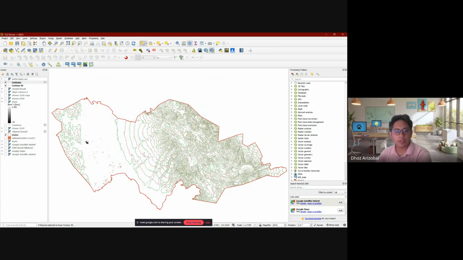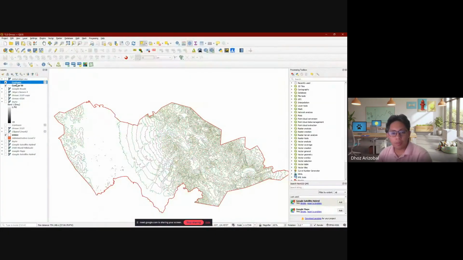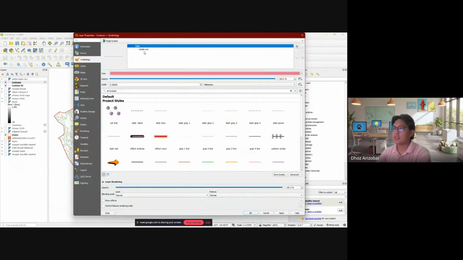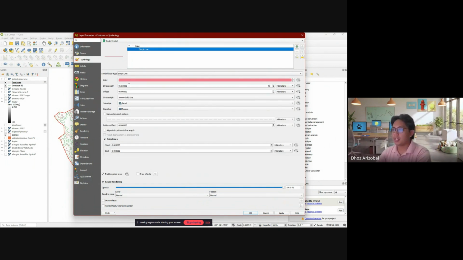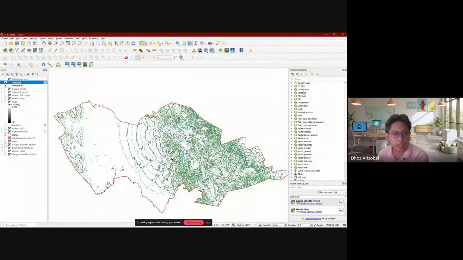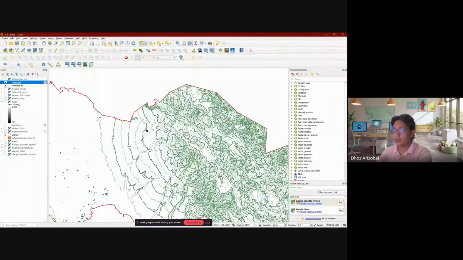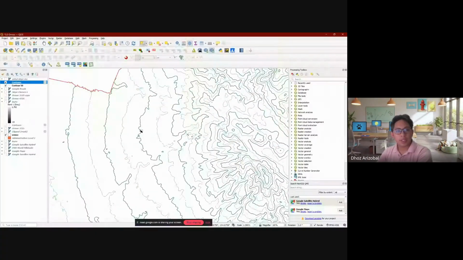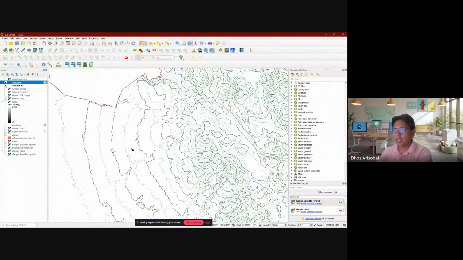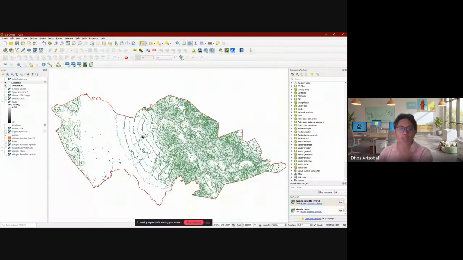Then you overlay it on the original. Normally, 100-meter contours are much thicker than your default ones. So let's say I can just make this thicker. Now I can have a distinction between my contour lines. Every 100 is much thicker, or it depends on you how you want to present your topo map.